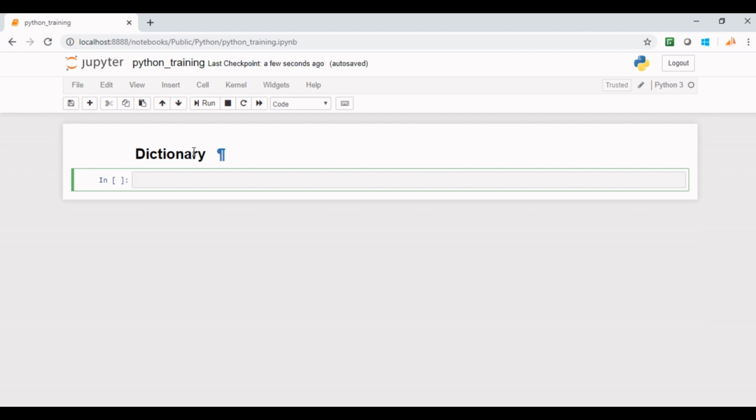Let's initialize a dictionary. Say details of an employee of any organization. Say Google.